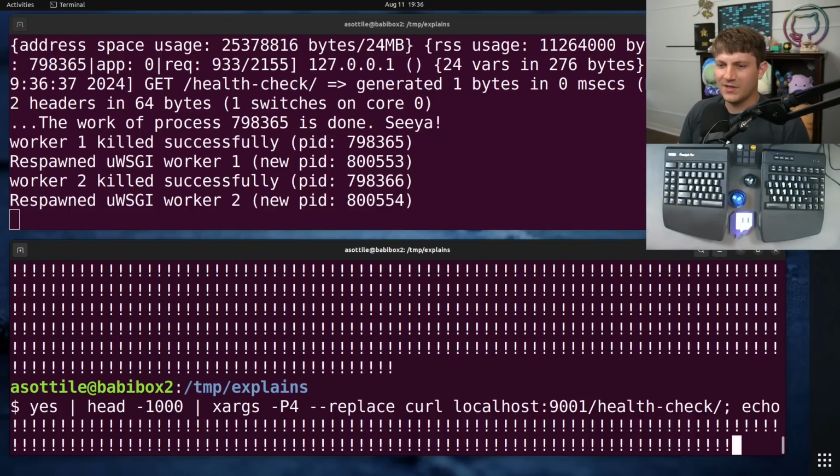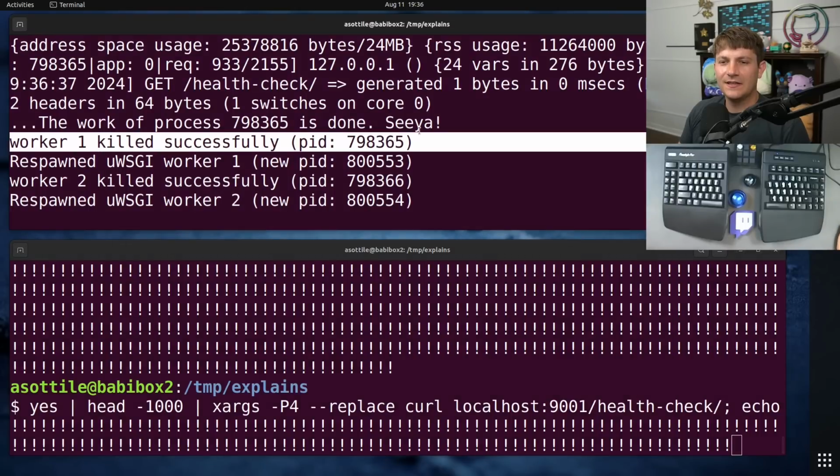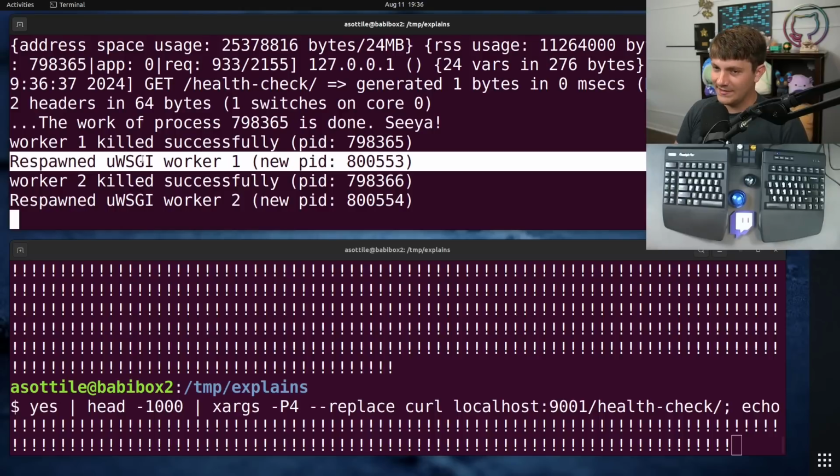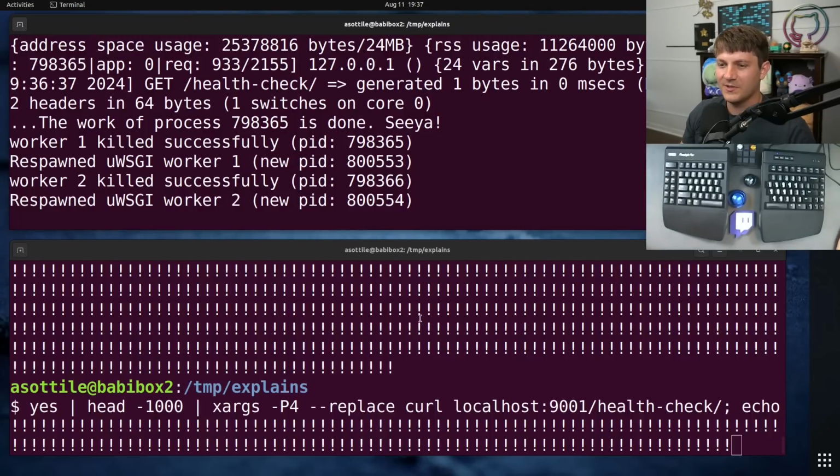We got to our request limit eventually. Why did it take so long to get there? Anyway, you'll notice here that the process was done and it got nuked and then it got respawned. And normally when a process respawns, it will load up the app again and start processing work. But in Python 3.12, with that version of pyuwsgi, it no longer did. These things died and never came back, which explains that log that we saw before,